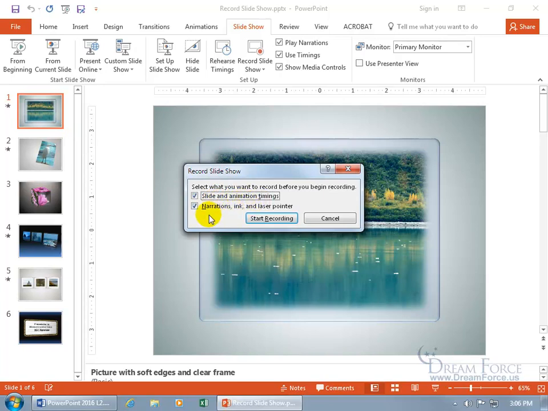And then if I include any laser pointer ink narrations in my presentation, with it checked, it'll be recorded. If I uncheck it, well, it's not going to be there, but I'll check it. And then when I'm ready and I click on Start Recording, in the upper left-hand corner, we're going to have